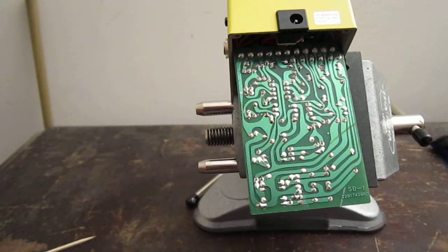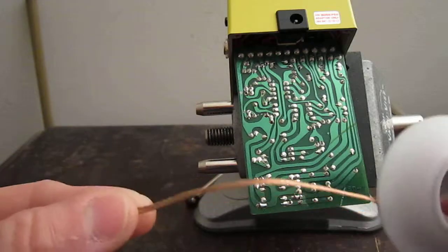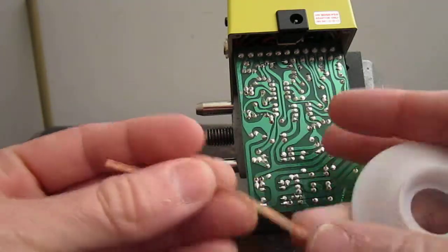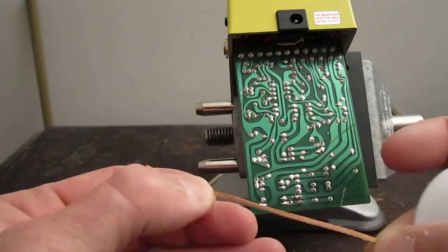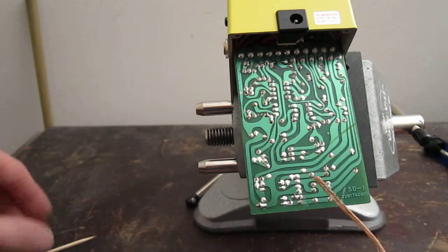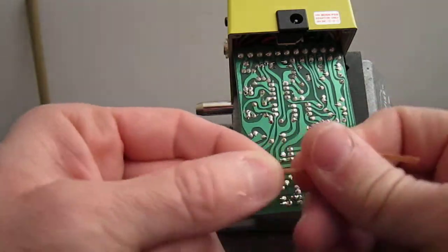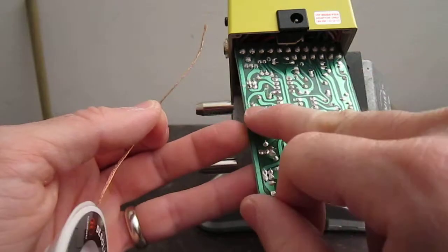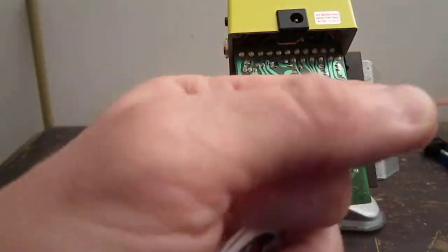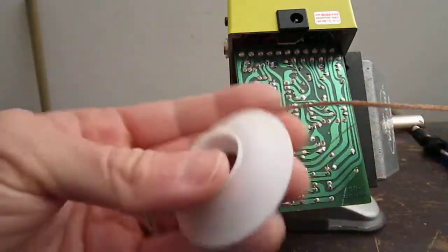The next method I'd like to show you is solder braid. Now you can pick this up at Radio Shack or buy it online at mouser.com, digikey.com. There's many places that you can pick it up, and you can just first remove the part in that manner, but if you want a much cleaner board, this works great. It's only maybe about $2-3 if you buy it in small quantities,